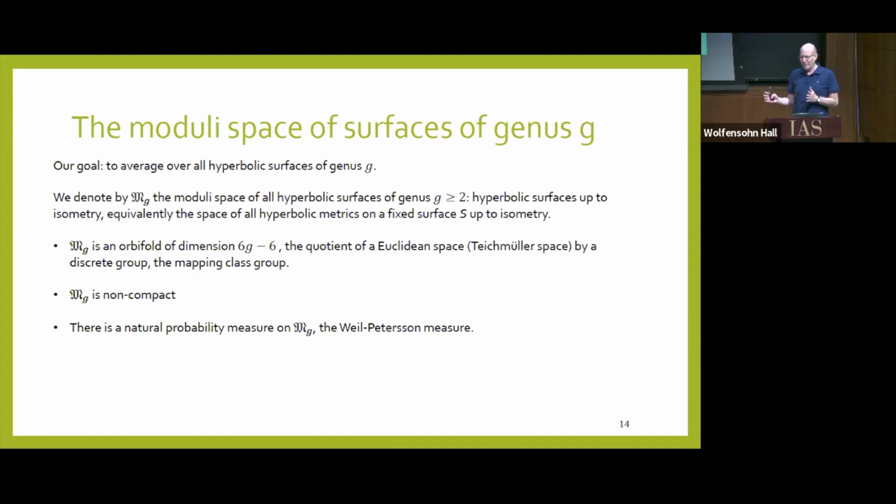Dimension 6G minus 6. So the genus is at least 2, otherwise you don't have hyperbolic surfaces. So this is the positive dimension. It turns out this set of all surfaces has a natural manifold, orbifold structure, essentially a set in Euclidean space. So this is 6G minus 6 independent moduli. And this is the subject of Teichmüller theory,